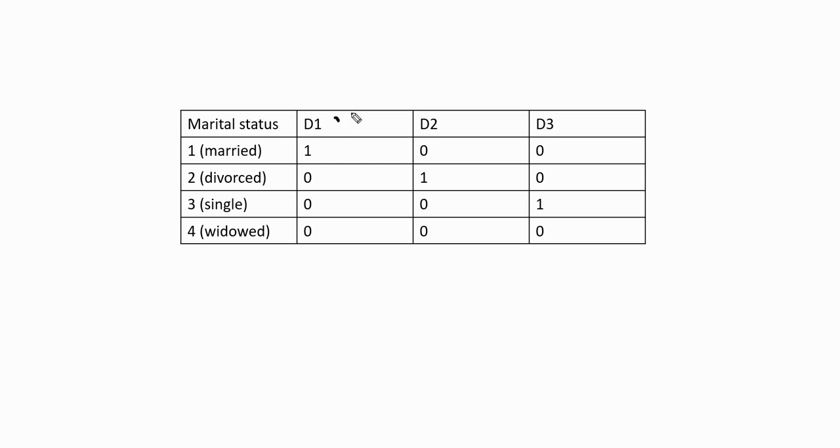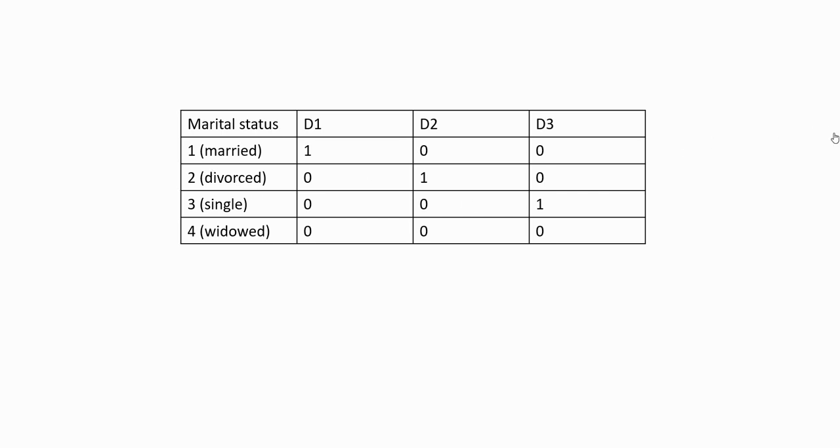So you'll see that for D1 right here, I've coded married 1 and all other categories 0. For D2, I've coded the divorced group 1 and then all remaining categories 0 as well. Then for D3, you can see that I've coded group 3, which is single, 1, and the remaining categories are all 0. Now this is just one approach to dummy coding this set